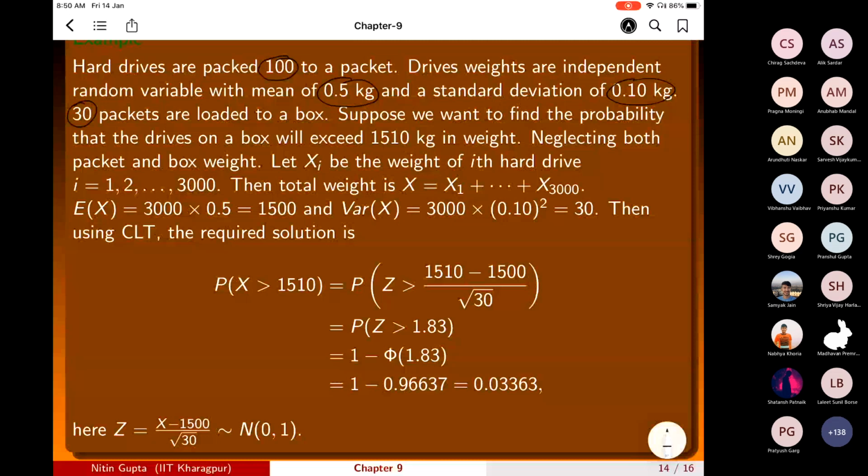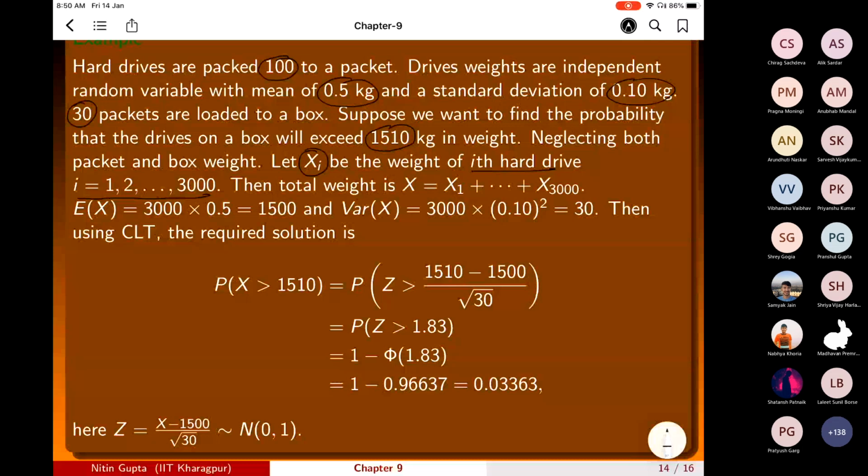Suppose we want to find the probability that the drives in the box exceed 1510 kg in weight, neglecting both packet and box weight. So let xi be the weight of the ith drive, i is from 1 to 3000. Then the total weight is